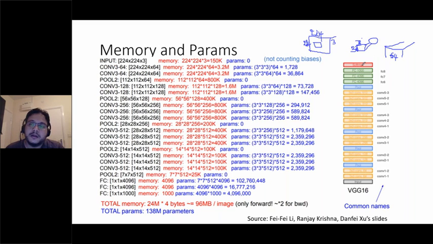Not 9, add 1. Don't forget the channels. So the input is 3 by 3, but the channels as well. So it's 3 by 3 by 3. 27 for one neuron. Normally plus 1 for the bias.